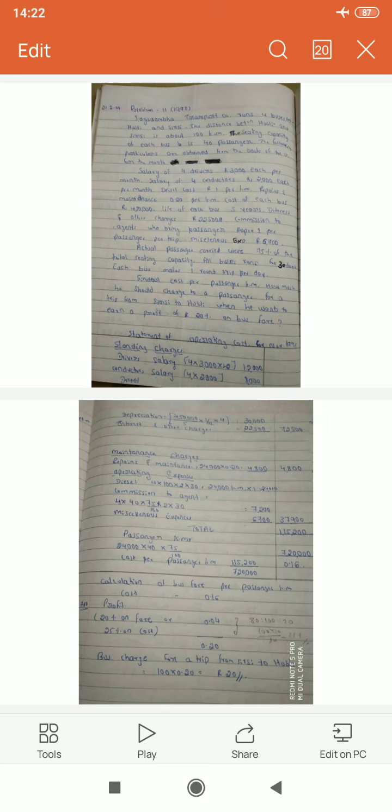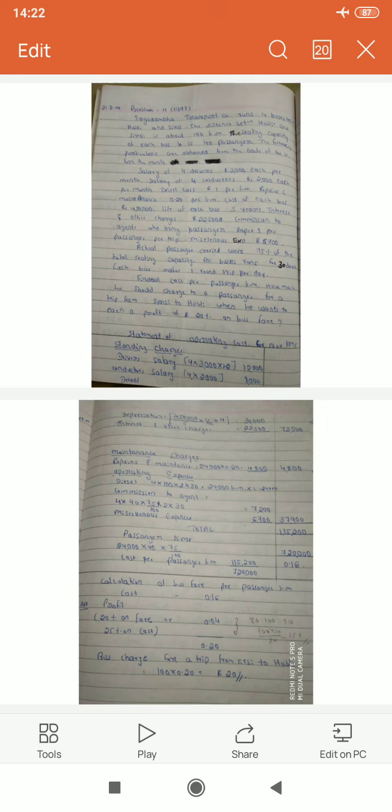Then what about maintenance charges, specifically given in the problem as repairs and maintenance at rupee 0.20 per kilometer. Now the question is, when it is repairs and maintenance charges at 0.20 per kilometer, we have to ascertain the total number of kilometers run by all the 4 buses. Therefore, separately at the bottom I have arrived at 24,000 kilometers, the total kilometers run by 4 buses. How it is arrived at is being elaborated.